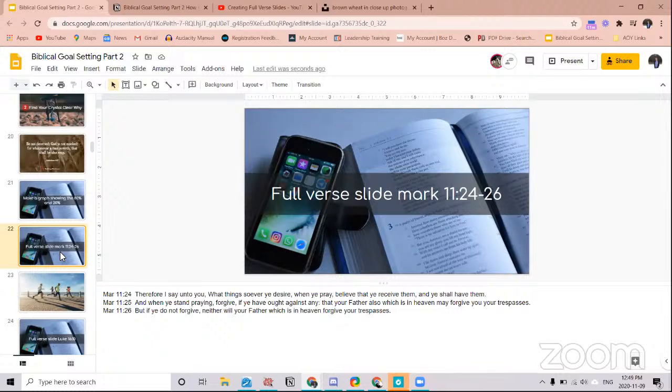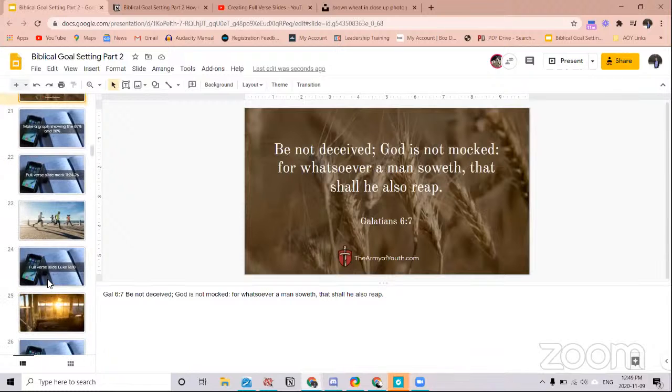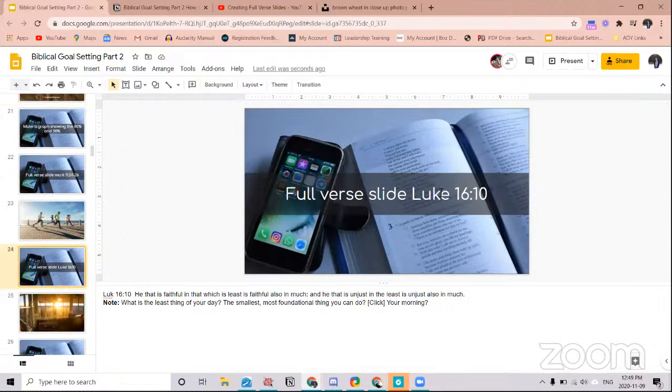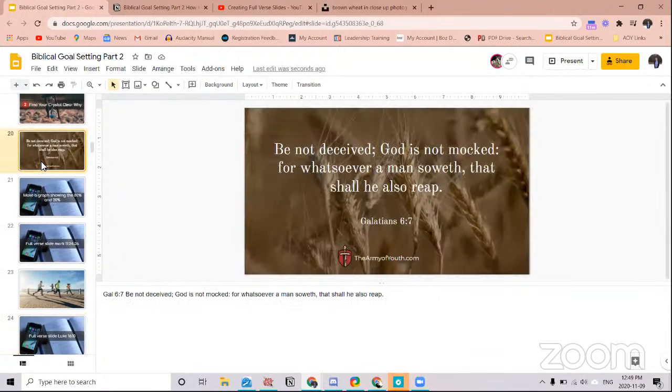And if you don't know what kind of picture to put in the background, you can always do a photo of nature or a photo of a Bible. I mean, that's perfectly fine. Yeah, that's what I usually do too. Whenever I create a Bible verse slide, even at my church, I put a Bible most of the time, or a nature photo, something like that.